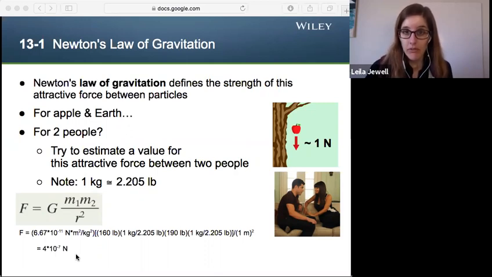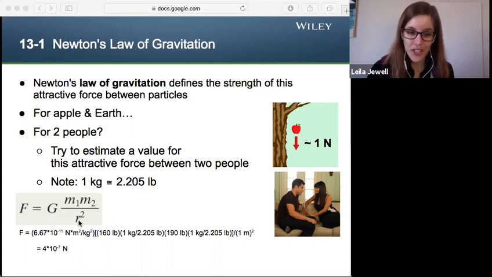But there's potentially some lessons to be learned here, right? You can learn, how can we increase this attractive force between two people? Well, one is we could increase their masses. If people become more massive, they're now more attractive to each other. So that's something you could try. Not accepting any